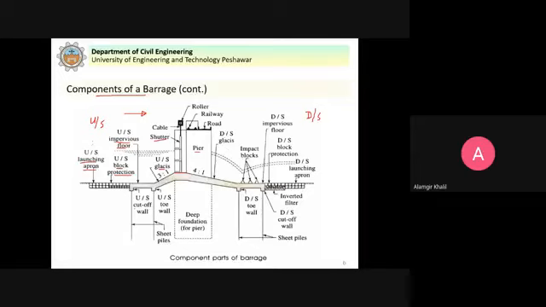Then we come to the downstream side. You can see the downstream glacis here. This is the gentle slope, 4:1. Then we have the impact blocks. These are also known as the baffle blocks. The idea here is that you can see the hydraulic jump forms here as the water flows downstream.